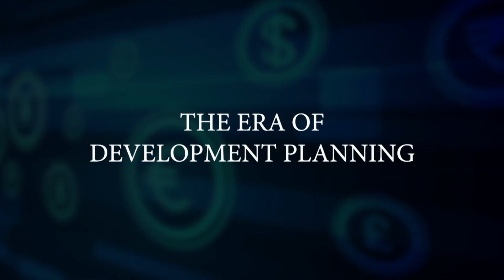So when we try to categorize the different eras of monetary policy, the first era that we talk about is the era of development planning. The most important thing to remember is that monetary policy was subservient to the needs of the 5-year plan. We know that in the Indian economy, the 5-year plan started from 1950-51. The whole idea was that the government of India would use fiscal policy and planning to raise the growth rates and the investment rates in the economy. And the role of monetary policy would be to accommodate the financing needs of this economy.